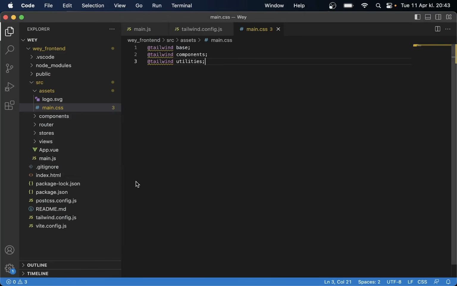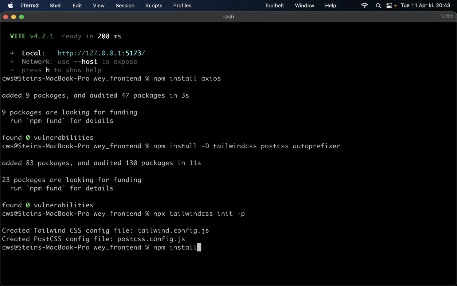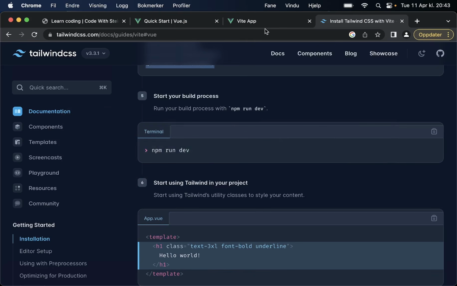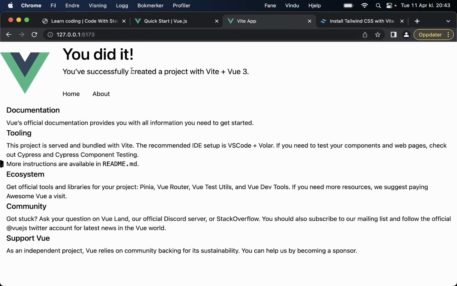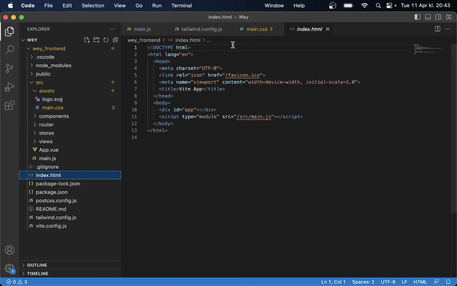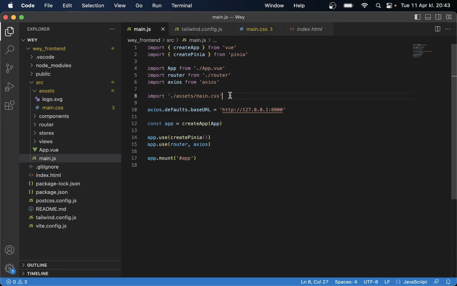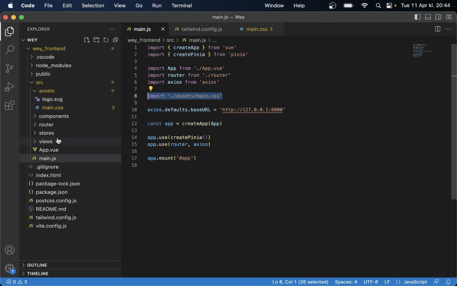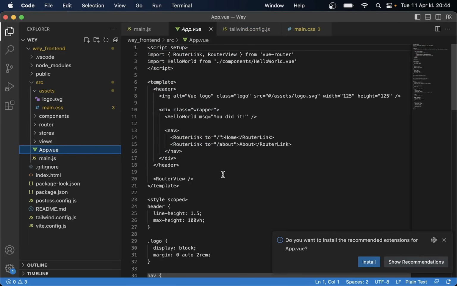Okay, nice. So if I now go to the command line, just click up to find this one, npm run dev. So then I can try to open up this page again. You can see here, you did it. Now this doesn't look as good because I removed the base CSS file, but I think if I go into the main CSS, you can see here that we are importing the main CSS file here. So if I now go back to not index.html, but App.vue, where this comes from, you can see here that we have the router view, but we can try to do something up in the